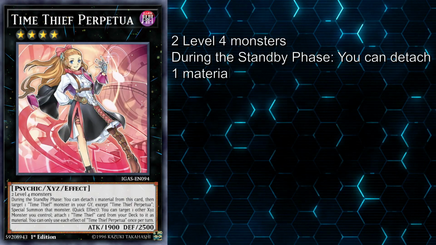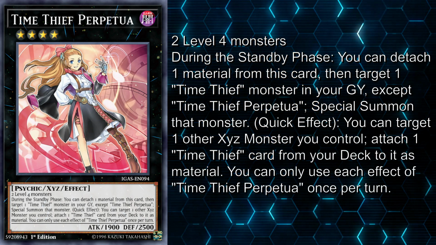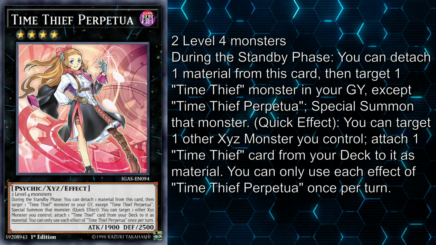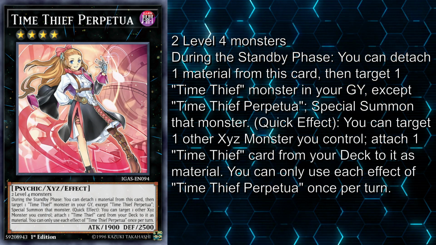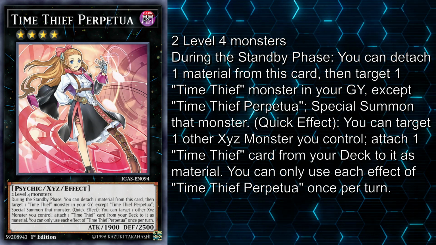Time Thief Perpetua allows the deck the ability to not only consistently trigger whatever kind of monster effect you could want, but it also gives you access to any and all monsters in your main deck by triggering both effects during the standby phase of either player's turn. Thanks to this utility, the deck can access a short but powerful snowballing advantage every turn. And thanks to the new XYZ Time Thief Do-Over, you won't be limited by the once per turn condition of